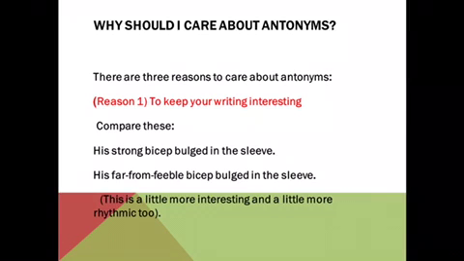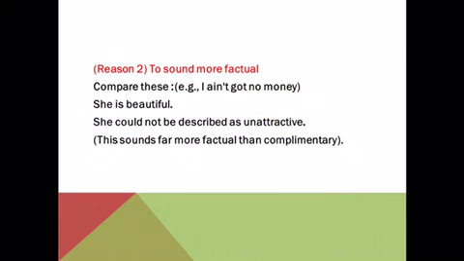We can use an antonym to form a deliberate double negative also. Within reason number two, to sound more factual, as in this sentence, I ain't got no money. She's beautiful. She could not be described as unattractive. This sounds far more factual than complimentary. And this sentence, when I say a double negative,